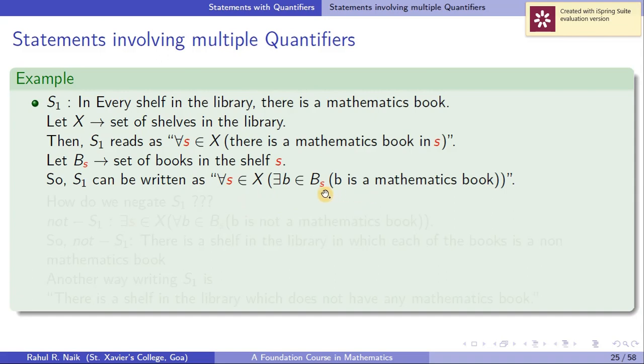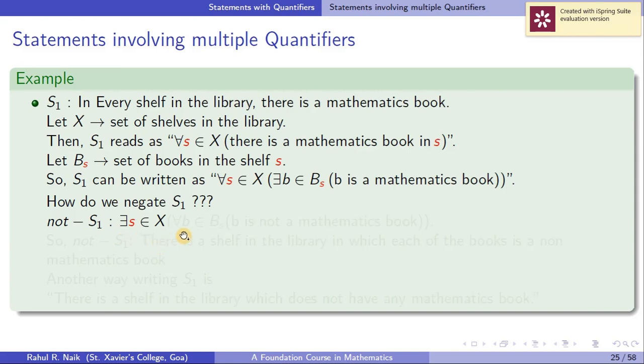In the same way, the negation of existential is universal, by negating the property. So how do we negate this statement? How do we negate this S1? Just look at this S1, because reading S1 as an English phrase and negating it as it is might be a very complicated task. So if I look at the negation of S1, first we negate the universal quantifier. So there exists s in X, with the set of context X and B_s remaining as it is,